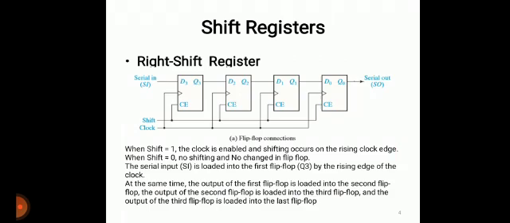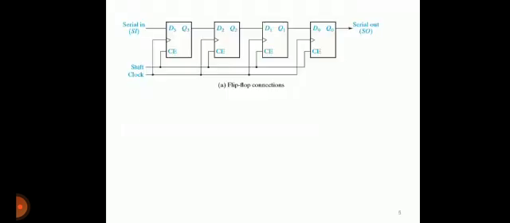So you can observe here, if I give the serial input as 1, then if I give shift equal to 1, and if I give the clock signal, then that 1 is shifted in. I mean Q3 will be equal to D3. We know that. So if I give D3 as 1, Q3 will be equal to 1, and the previous output of Q3 will be shifted to the D2 flip-flop. So you can see here.